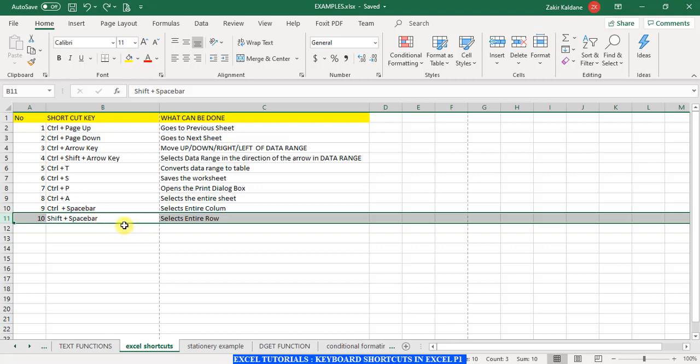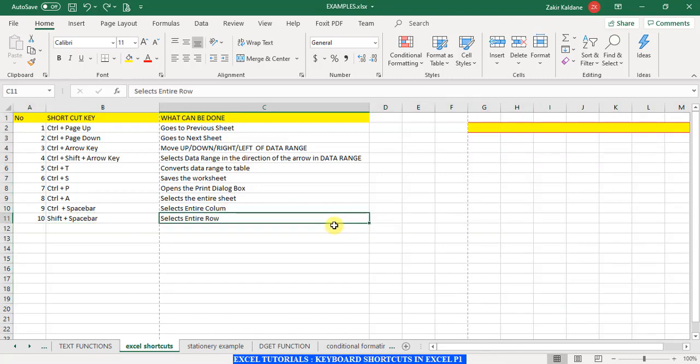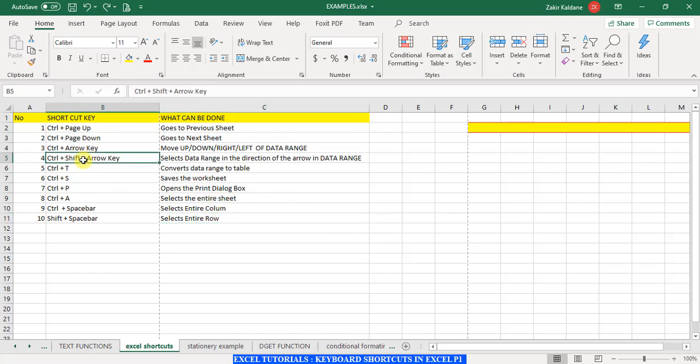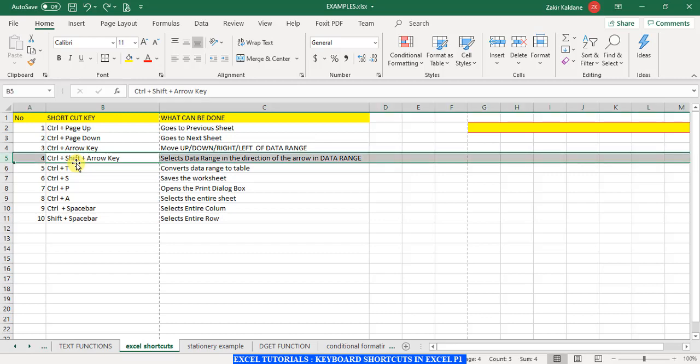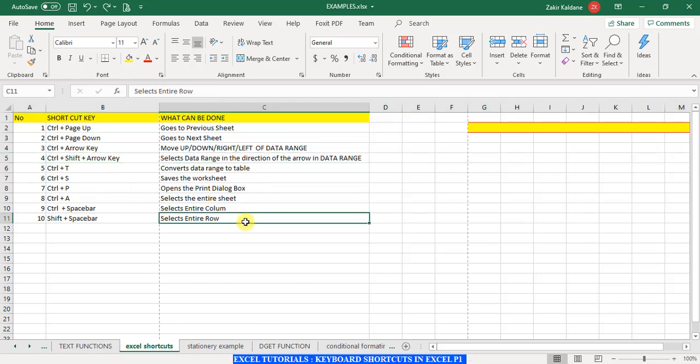I hope you understood. For example, if I am here and I press shift and spacebar, it will select this particular row. So this is how we select the entire row in Excel, the entire column in Excel, and we use control plus the combination of various keys including the arrow keys to navigate fast and efficiently in Excel.